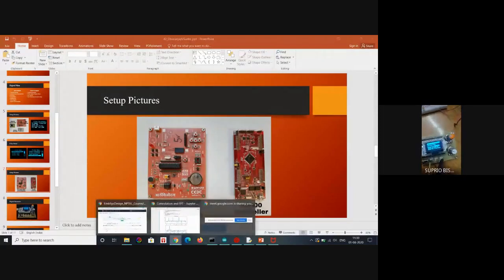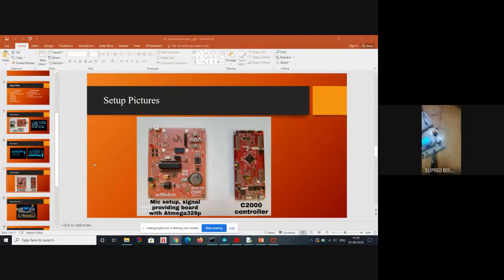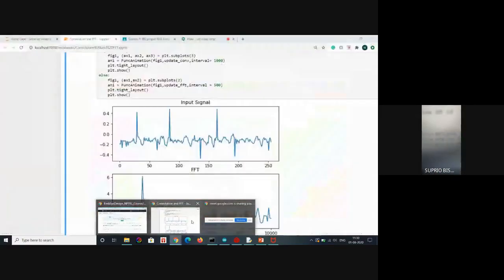She has used the C2000. This is the ESP controller. This is basically a rotary encoder, just for controlling the menu, because a menu needs something to control it: a push button and rotation anti-clockwise and clockwise. The other circuit is a standard circuit for many purposes, but we have mainly used it to provide the mic input, which is located right here. This is the mic. So not much of a thing. If we combined all this in a single board, it would be a single board. So there's nothing much more to the hardware.